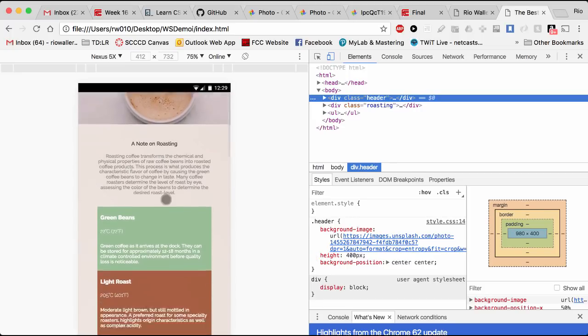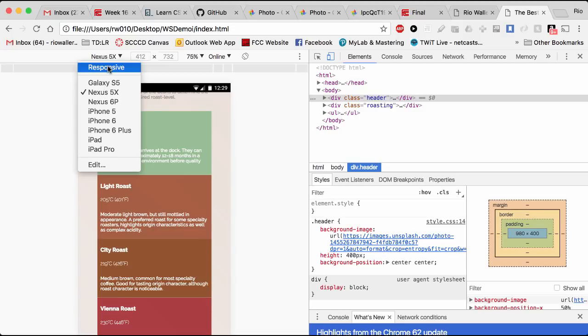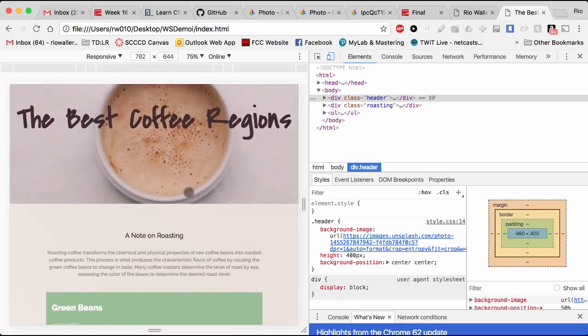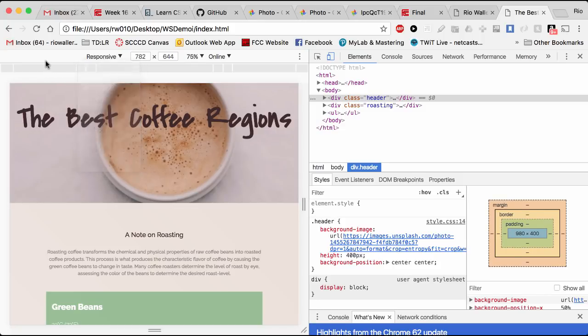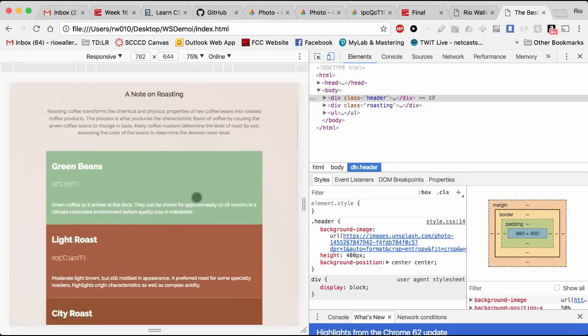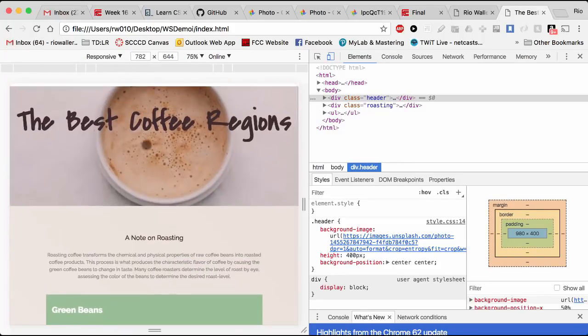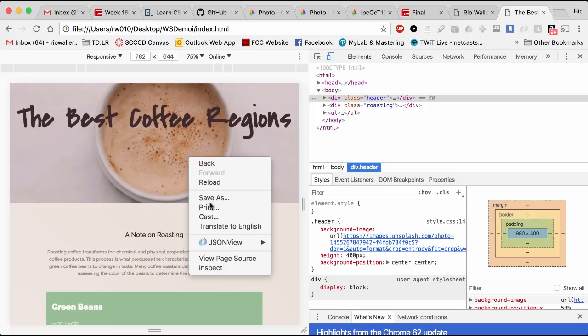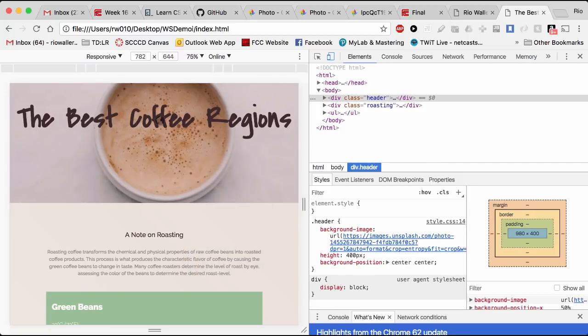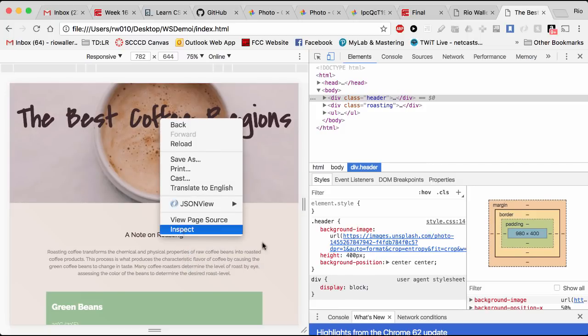Okay, so the other thing you could do here, and yours might come this way, this might just be responsive, but it's kind of fun to know this, is that you can change that mobile view. Okay, so the first thing I'm going to walk you through is how to change that image on the top. Okay, so one thing, if you right click and hit inspect on any particular element,